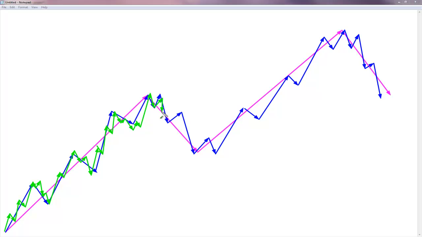Okay, a 4-hour chart might look something like this on the downside. Little pullback. Okay, so you can sort of get my drift. You have a big weekly swing. The blue is the daily chart, and then you've got the green 4-hour chart. Okay, so when I look to trade,